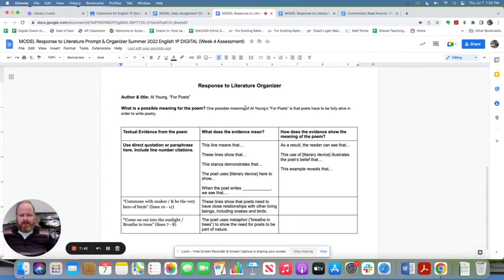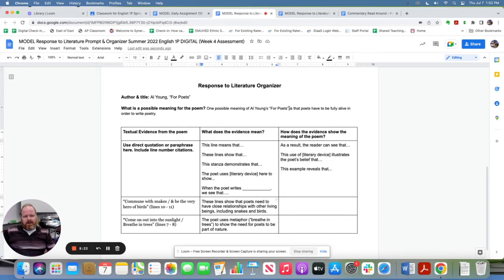Now, it's not necessary. You might have gotten it exactly how you want it on the first try. But as you're looking at the textual evidence and you're thinking about what the evidence means, you might change your possible meaning, your claim, or your answer for the ACE paragraph. That's okay. In fact, that's often a good sign that you're reading, you're getting evidence, you're making a claim, you're getting evidence to support your claim. And then as you're reading the evidence again, you're saying, oh, you know what, maybe I didn't quite express that the way I wanted to. If you don't change your claim, that's okay too. But changing your claim can be a sign that you're understanding more the second or third or fourth read.